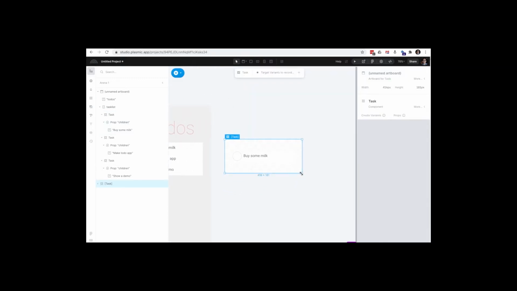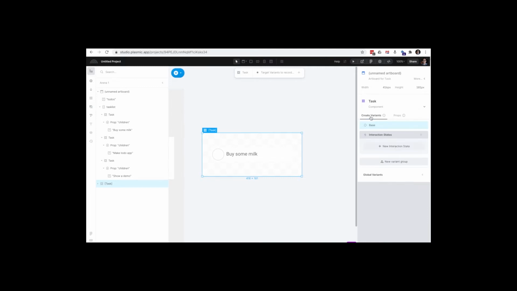And you can think of these artboards as basically views into a component. You can create as many as you want. It just lets you focus on one thing at a time in isolation, which, if you're familiar with React Storybook, is a very similar concept. Now, the way that things like states and variations, etc., are modeled in Plasmic is through this unifying concept called